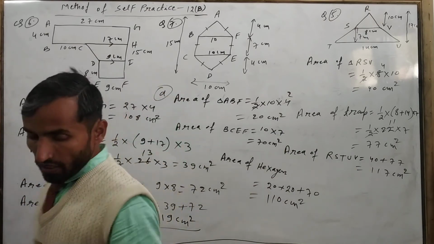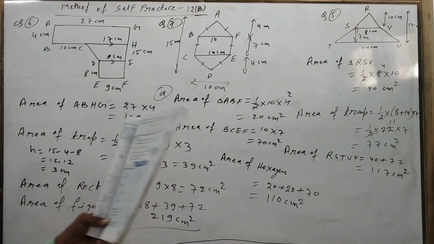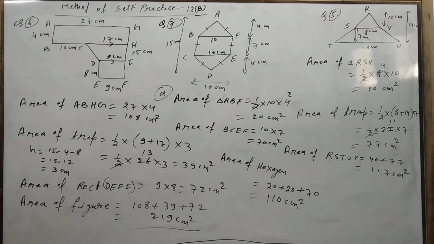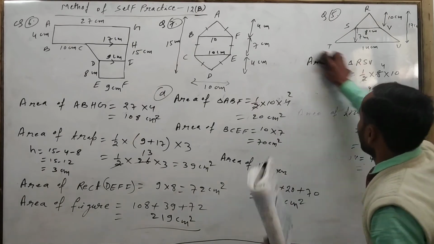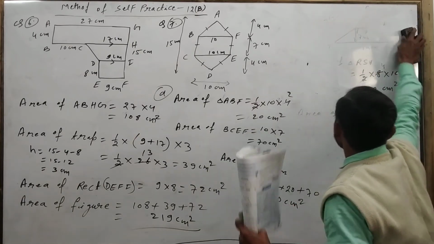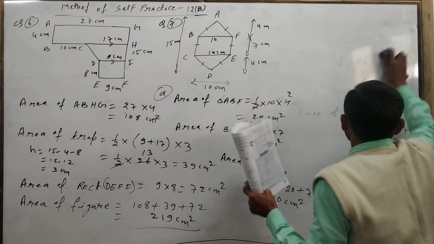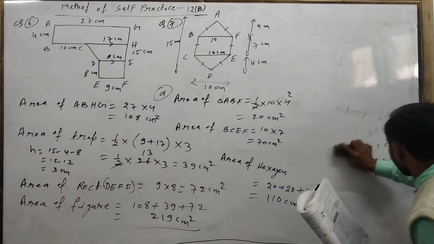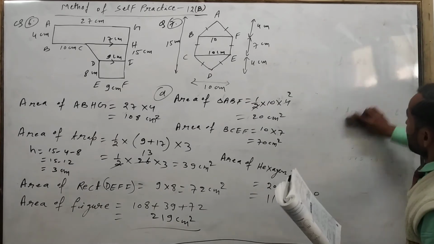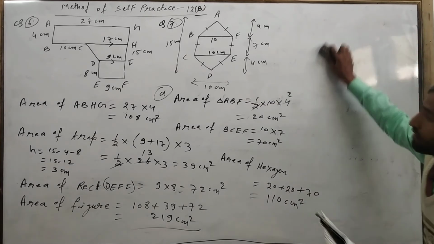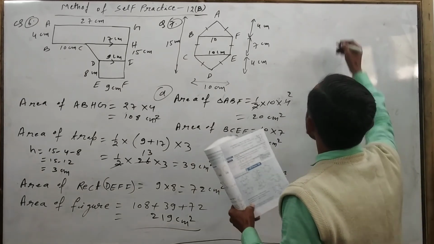Now in the second method, question number 7 is asking us to split it into two congruent trapeziums. So you will draw the same figure and split it into two congruent trapeziums. Then we have to find the area of the regular hexagon. Okay, so in this, how will we split this regular hexagon into congruent trapeziums?